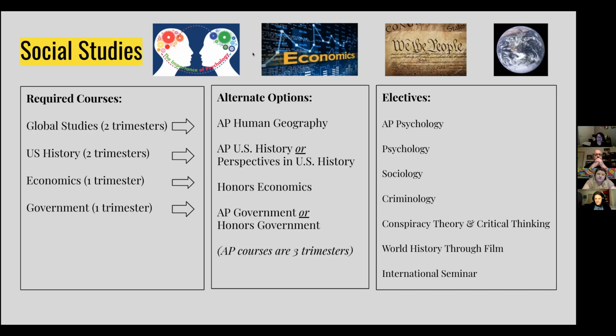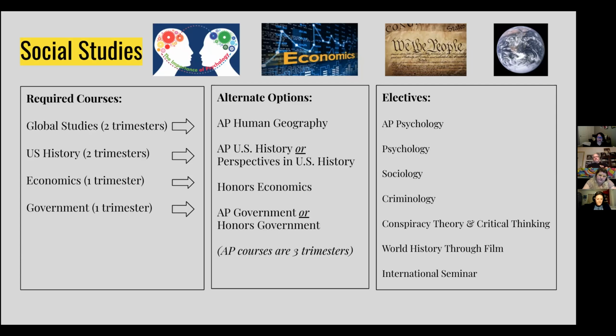Okay, my name is Jim Jordan. I'm a social studies teacher, and I'll go quickly here. We've got some required courses. Every student has to have 2 trimesters of global studies, US history, and then 1 of econ and 1 of government to graduate. We have some alternate options, and you can see the arrows lead to the alternate options